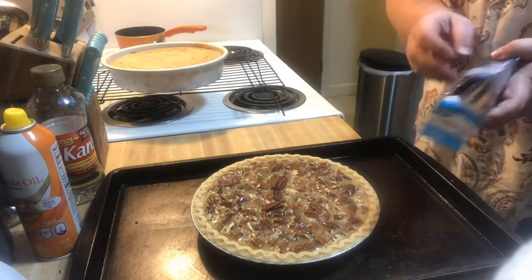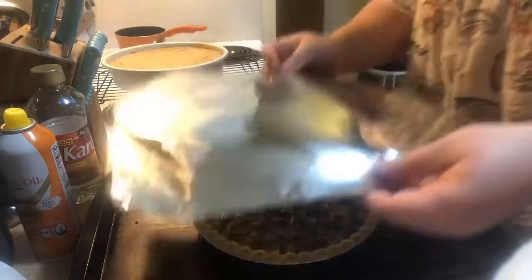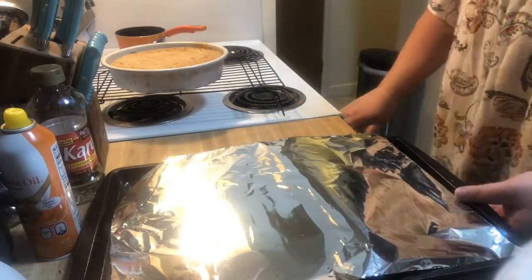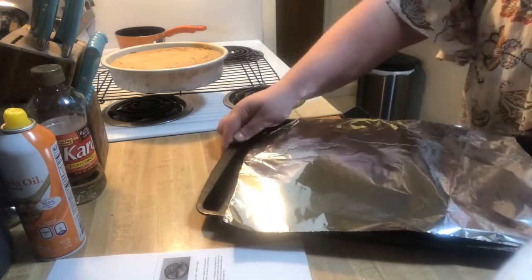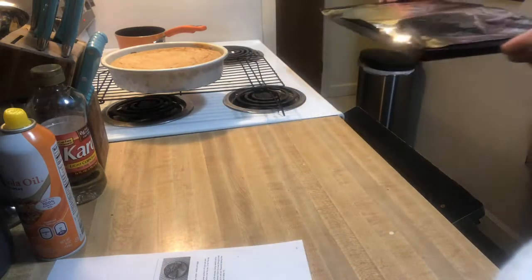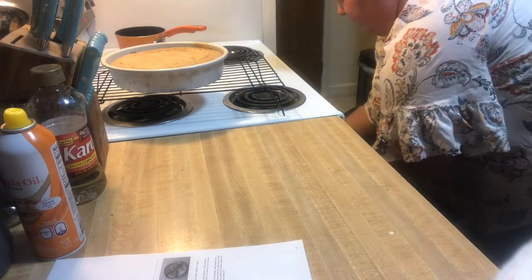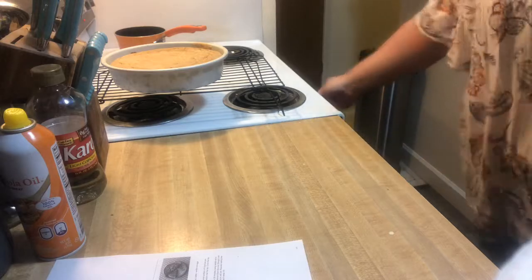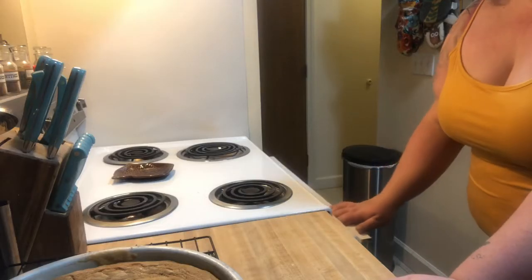Take some foil. You just loosely cover it like this. You really don't want it sitting on the pie. All right, so it is going to go in the oven for 30 minutes. Make sure I don't spill any of it. Make sure it's in the center of the oven, my goodness. And we'll be back. All right, so now that the 30 minutes has passed,